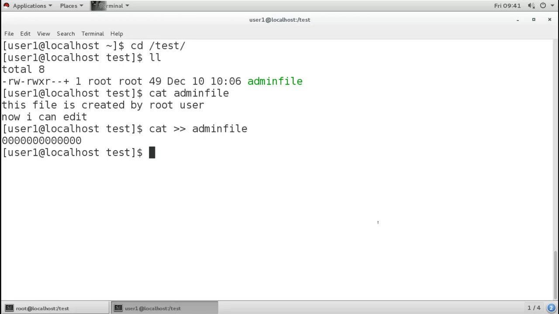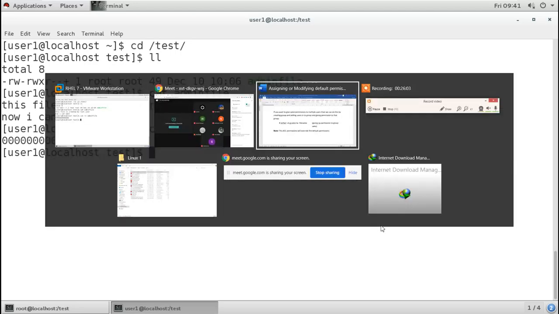Because Linux does not care about extensions, but that extension is for us, so that we know that this is a shell script. If the programmer creates the script in Perl language, then they will add .pl to the file name. If it is created in Python, then they will add .py. If it is created under